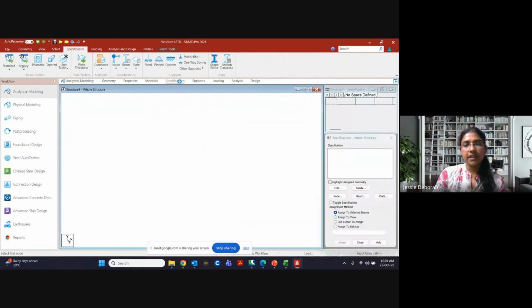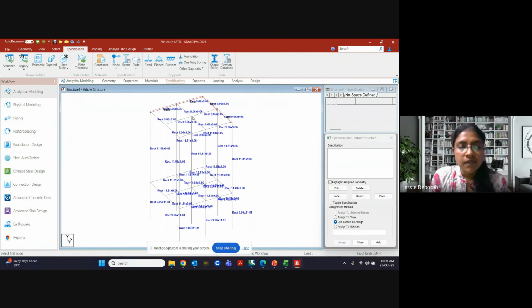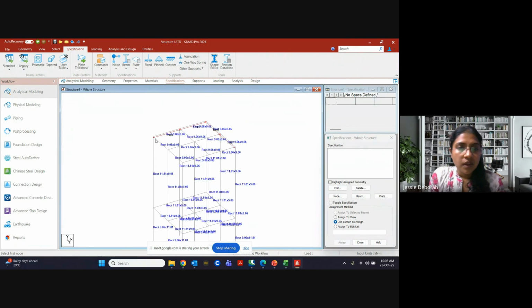Okay. Now we will give specifications. Now here, because all these beams are connected to a column, it is a fixed condition here. What if there is going to be a beam here in between, a secondary beam that is going to run between beams?